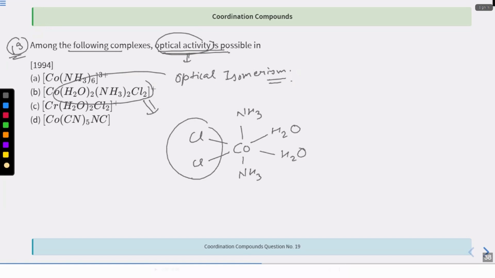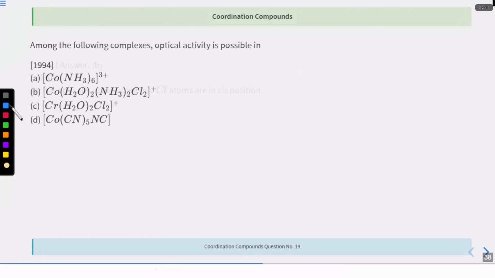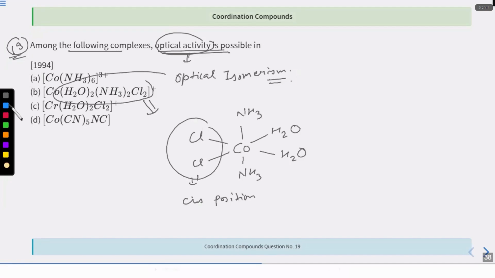So these two Cl are in cis position. Cis means adjacent to each other. Trans basically means when they are on the opposite sides. So Cl is on the cis position, so it can show optical activity. So it is optically active when two Cl atoms are in cis position. So when this compound is in this form, it shows optical activity. But when it is like this, once again, when it is like this, Co, NH3, NH3,